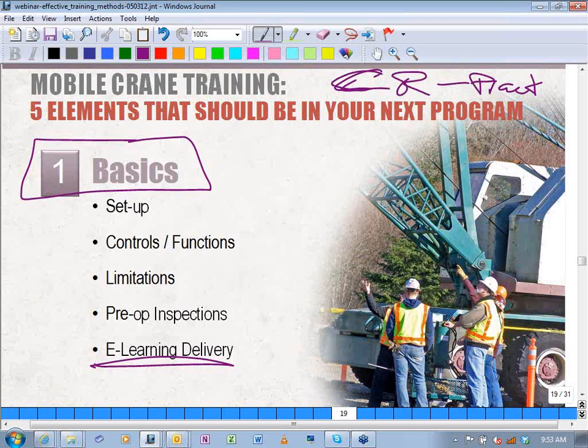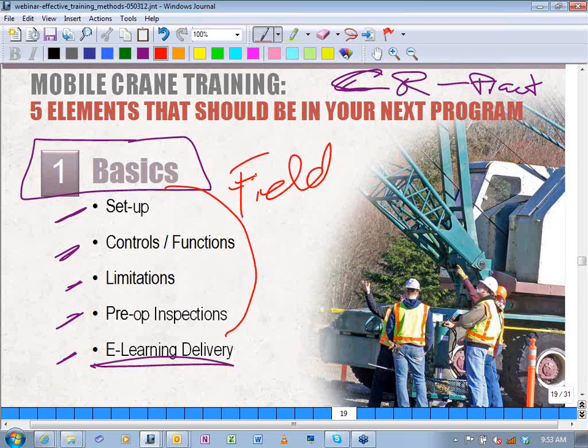On the classroom part, some of these items can be accomplished by using good e-learning packages or quick classroom parts. I would suggest there's a great way: we get our instructors to get the folks out of the classroom. Let's go out to the field. Let's get on the cranes. Let's level those cranes and get them oriented properly. Let's take green hands, people that don't know much about cranes. That's a great place to start. You can look at pictures in books all day long, but getting them out to the cranes is really awesome,